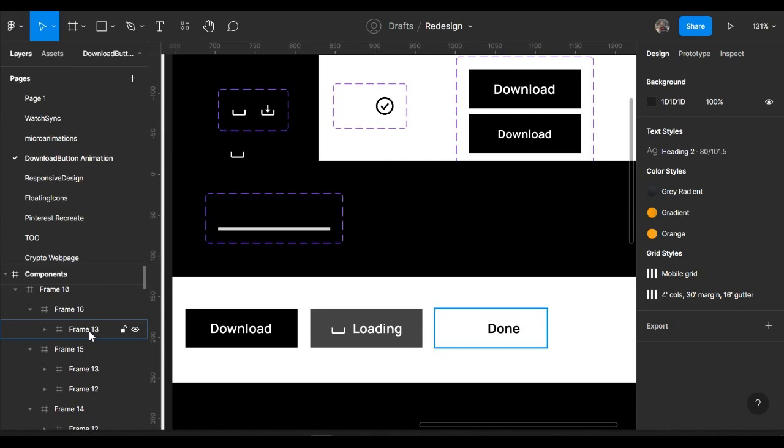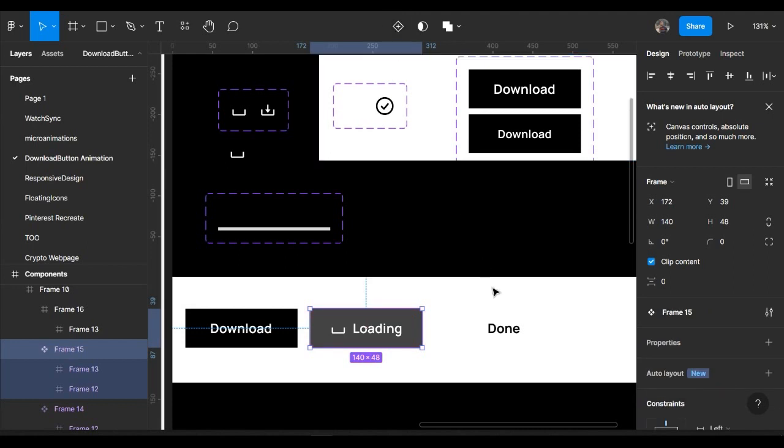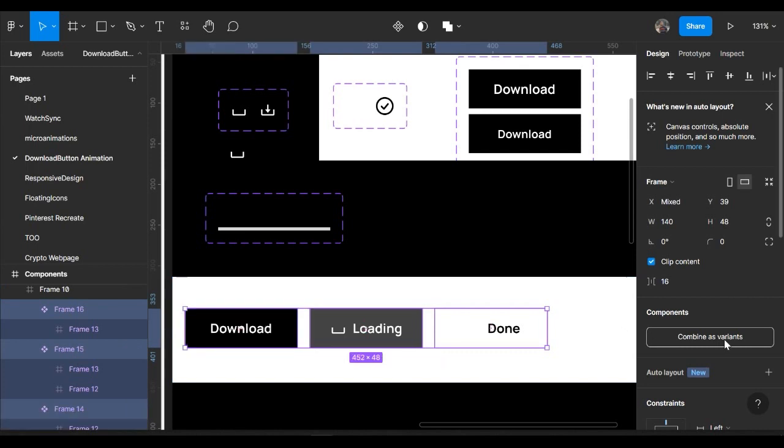But something I'm putting into consideration is really how it's gonna get animated, because the done button was here but it's not here. The loading frame rather was here but it's not here. But let's just animate it. If it doesn't animate well, we're gonna have to redo this step. But I think it should animate well. So create component for this, create component, create component, select this, combine as variant,